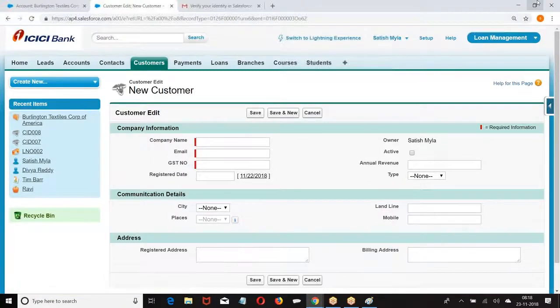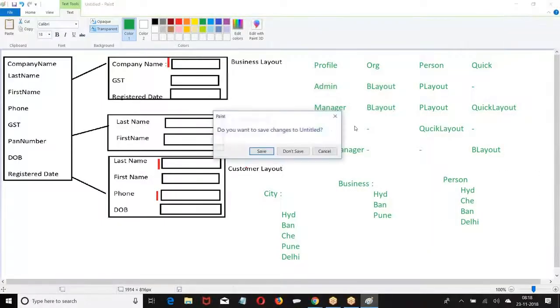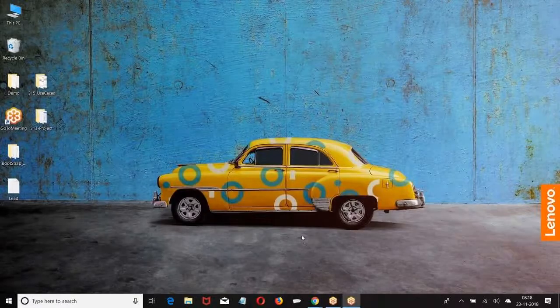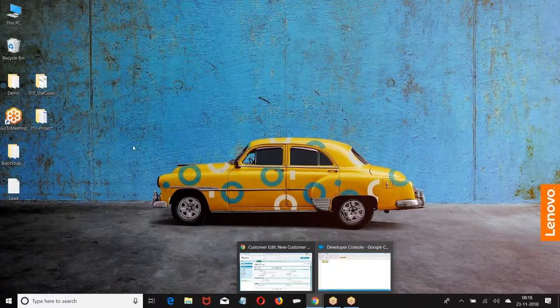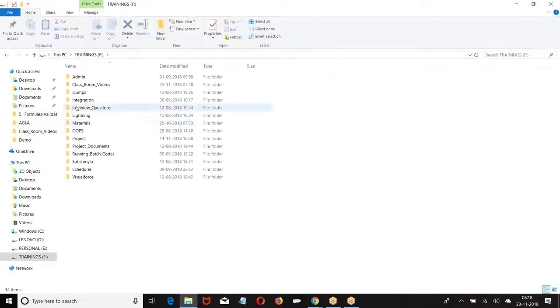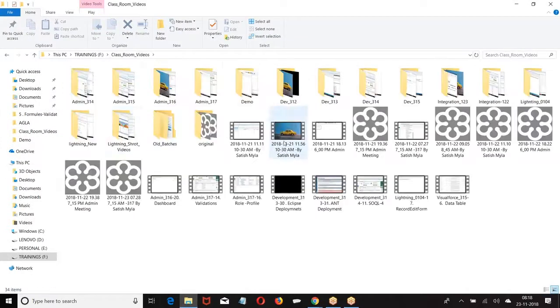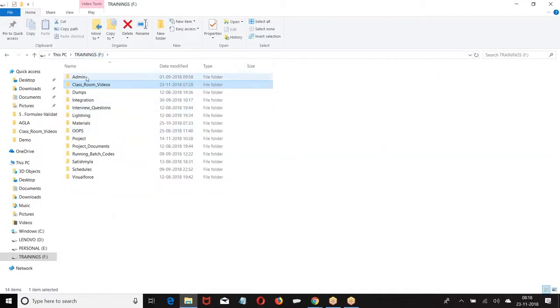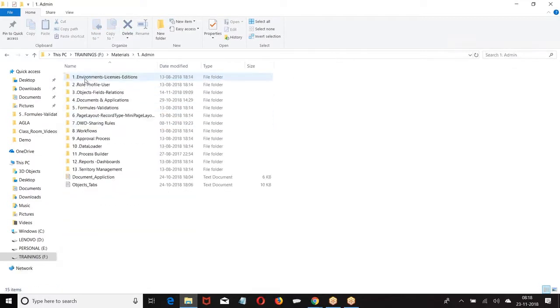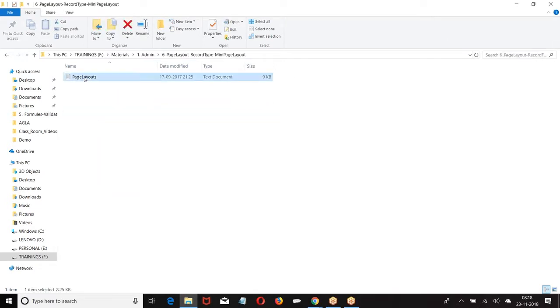Which fields are displayed, in which order they are displayed, which buttons are displayed, and what related lists are displayed there. It also specifies the format, whether you want a field to be required or other formats.